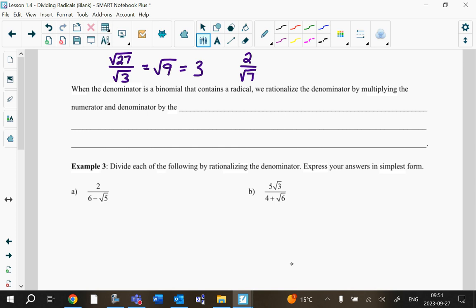Can't divide it cleanly because, first of all, they're not both square roots, and we can't divide 2 by 7 cleanly anyway. Okay, so what do we do in this case when we can't divide cleanly? We actually divide by